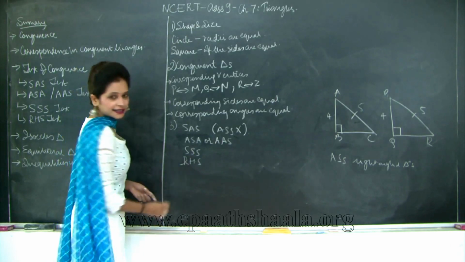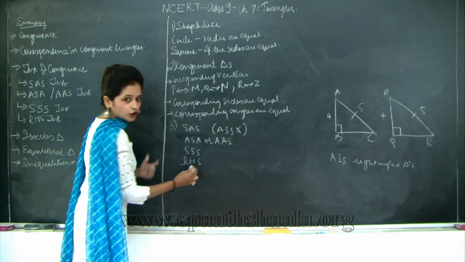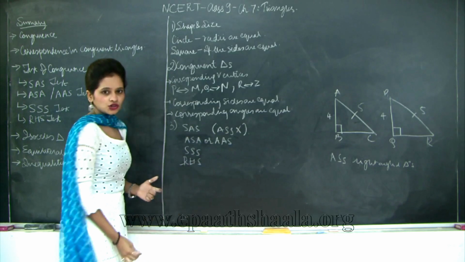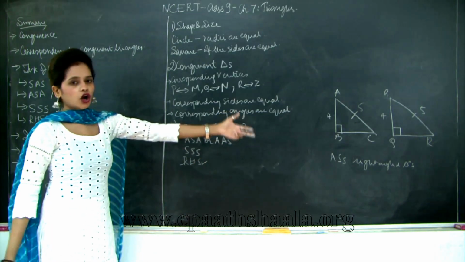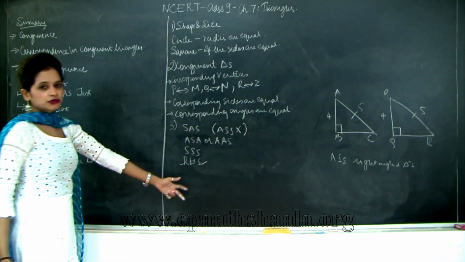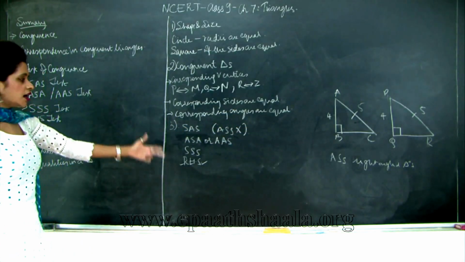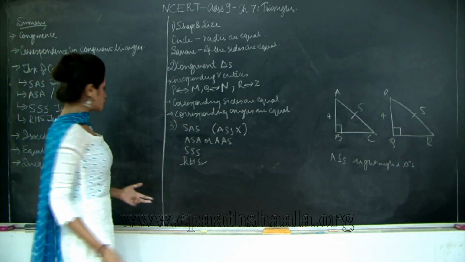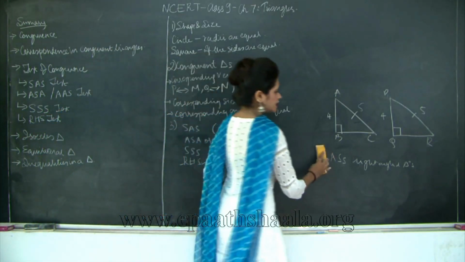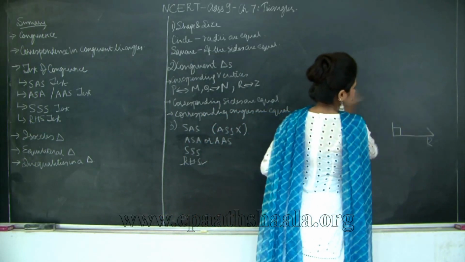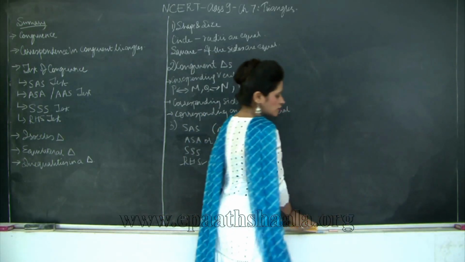So, the right angles are obviously going to be equal. Out of the two given sides, the hypotenuse has to be equal and any one side has to be equal, the corresponding sides of the two triangles. So, therefore, the two triangles can be said to be congruent based on the RHS test of congruency. Now, we will move on to the equalities of angles and sides in an isosceles triangle.